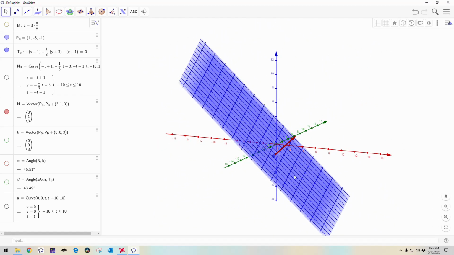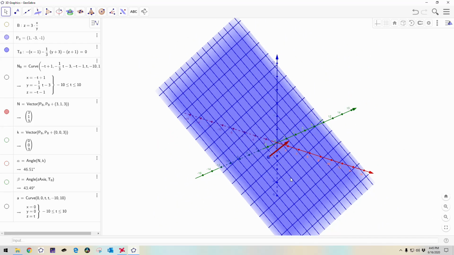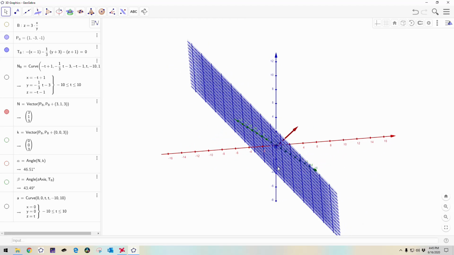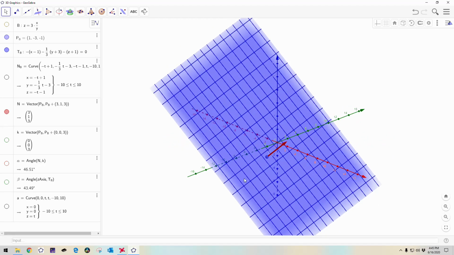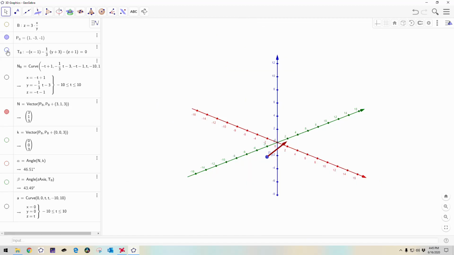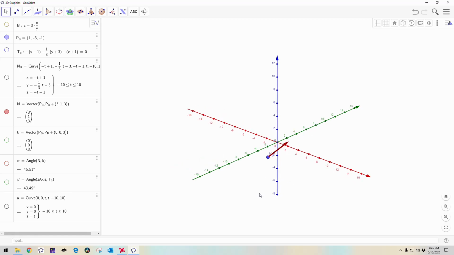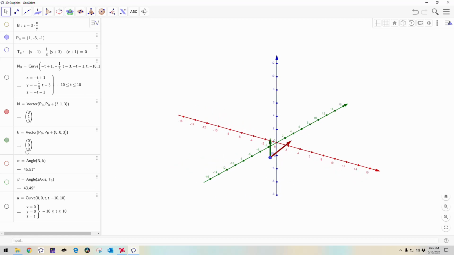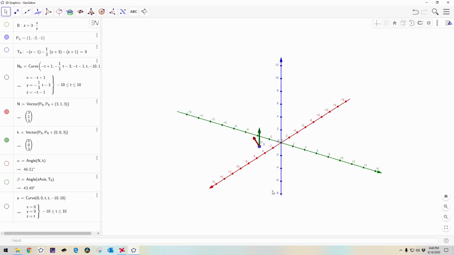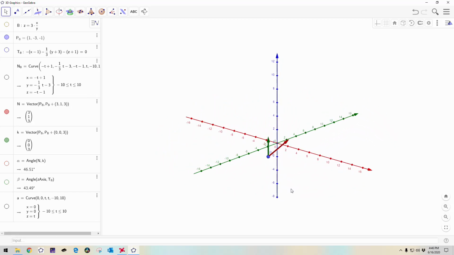So then the incline, remember, is going to be the angle of this normal vector with the z direction. So if I turn off the plane for a moment and turn on the k vector, you see there's the k vector at the point. The angle that we computed between these two